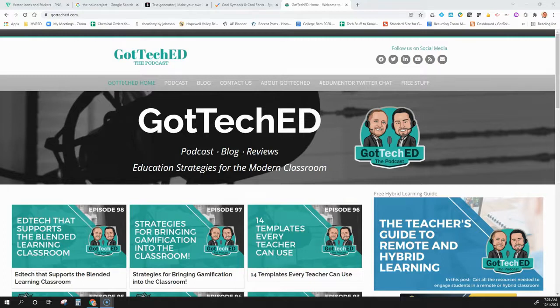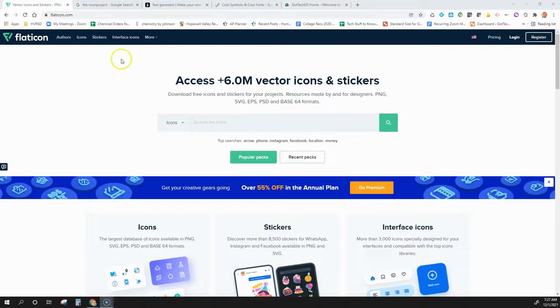I'm going to show you 4 awesome websites that you can use for finding icons and fonts. So when you're making your next worksheet or presentation, or if you're giving your students some resources that they can use for their next visual creation in class, you're going to want to send them to these 4 spots. So the first one is called